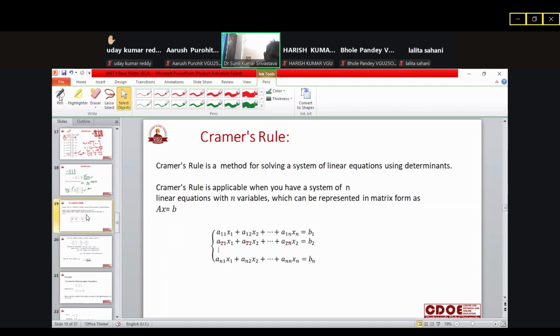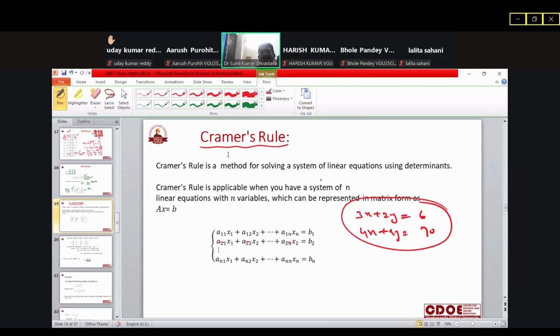ठीक है, तो ये इनवर्स आ गया। अब हम क्रैमर्स रूल का यूज करने वाले हैं टू फाइंड द सॉल्यूशन ऑफ द simultaneous equations. Suppose we have simultaneous equations of the variables in the form, जैसे इक्वेशन ऐसा लिखा हो, 3x + 2y = 6 लिखा है, 4x + 9y = मान लो 10 लिखा है। ऐसा इक्वेशन लिखा है जिसको हम लीनियर साइमल्टेनियस इक्वेशन कहते हैं।